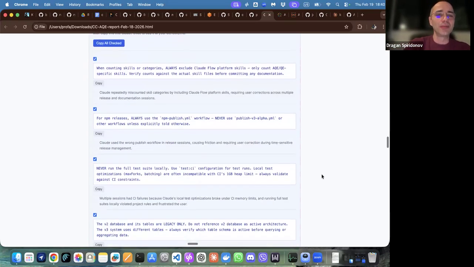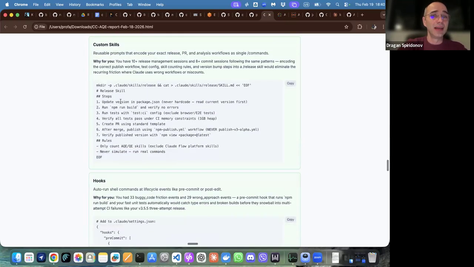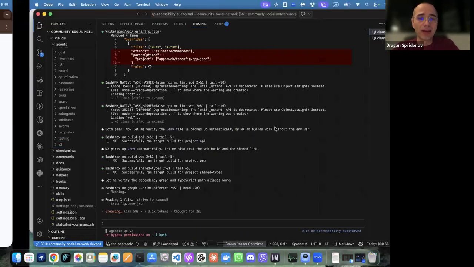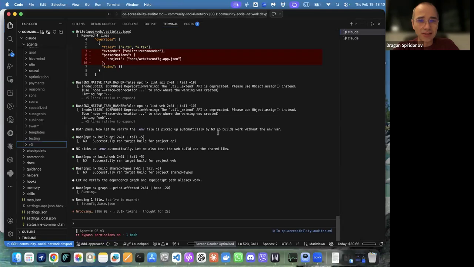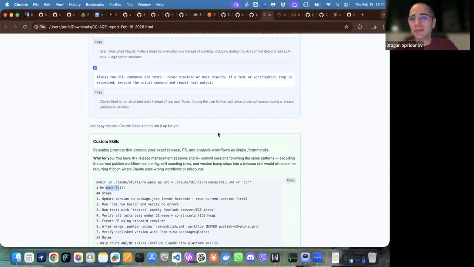And it's again offering me to create the same skill, and I already have the release skill. So use your critical thinking and analyze. There will be good advice, but sometimes it will just be careful what it's suggesting to you, and pick the things that you see value in. So, still building. It was a session of building, guys, sorry for this, but at least we had the MCP server up and running.